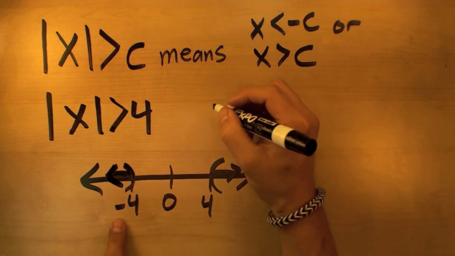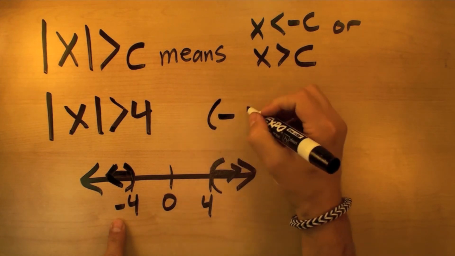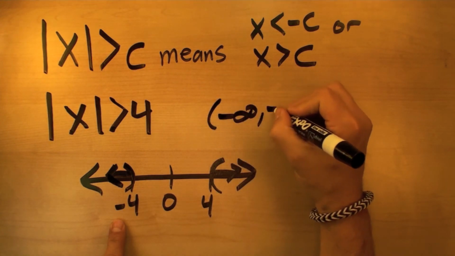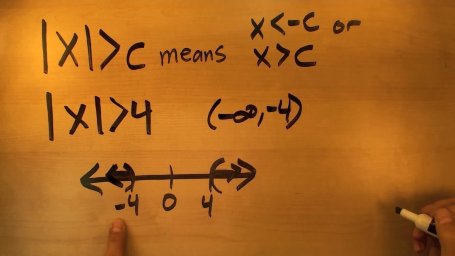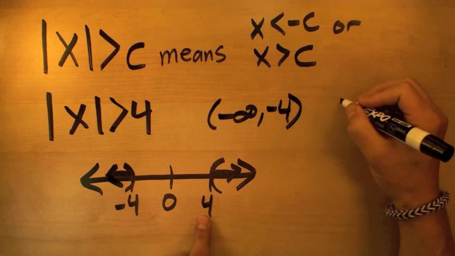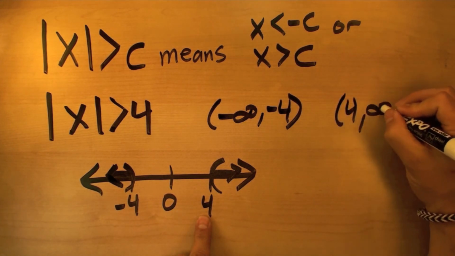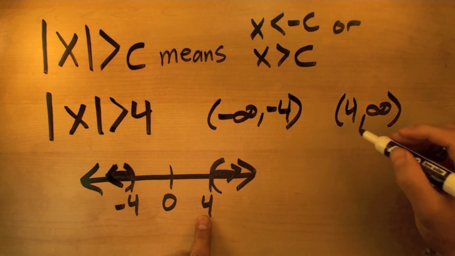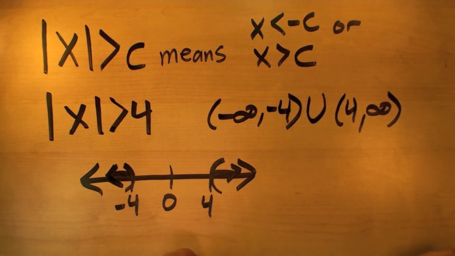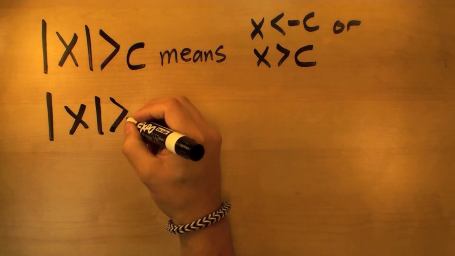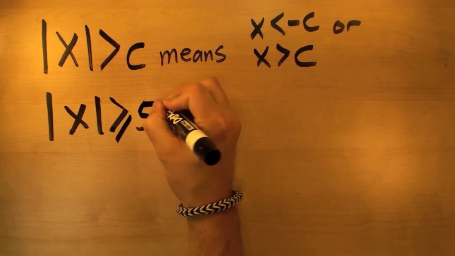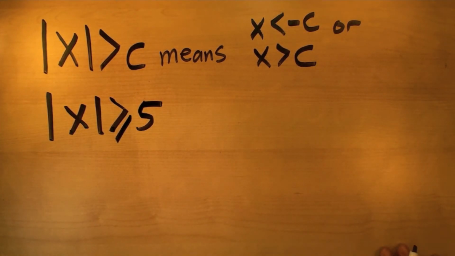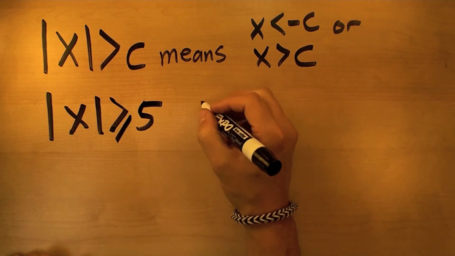Well, this side gets represented as negative infinity up to negative 4. This side would be 4 up to infinity. And then we connect them with a union symbol. And that's how you would write that in interval notation. Note that if we wanted to look at a problem with a greater than or equal to, say absolute value of x is greater than or equal to 5,